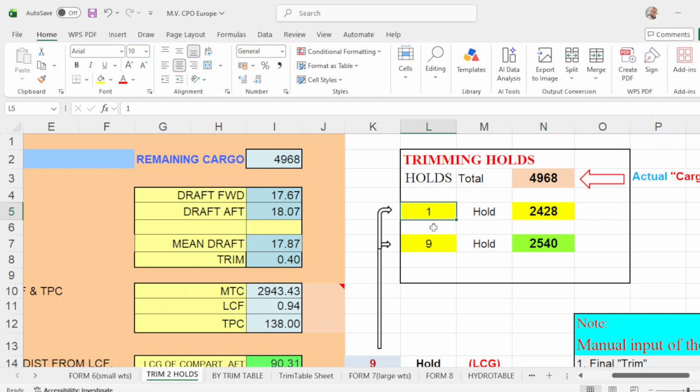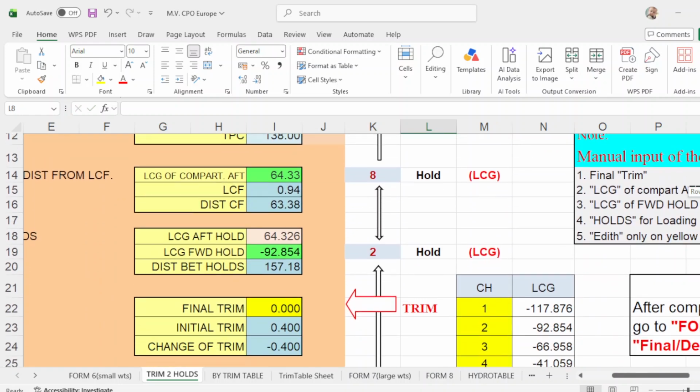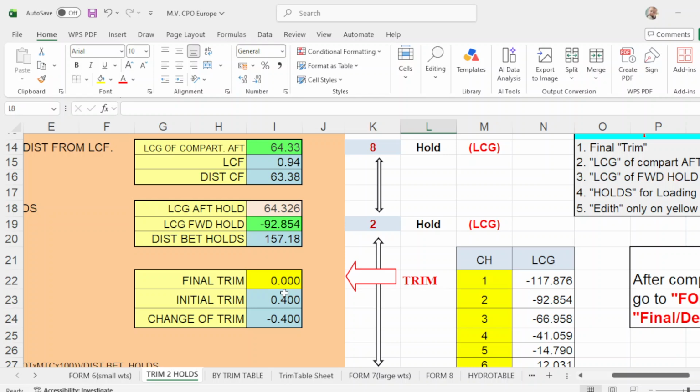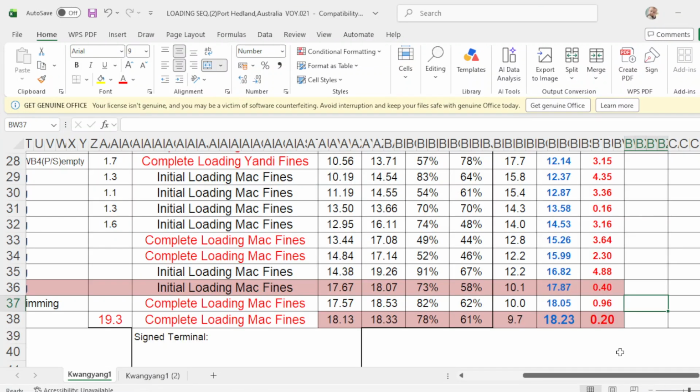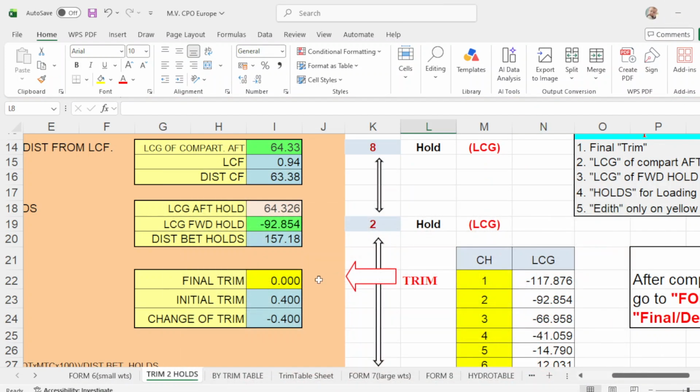Your trimming holds are 2 and 8, okay? And scroll down. What will be your departure trim? According to your plan, it is 20 centimeters, so you put here 0.20 for 20 centimeters.